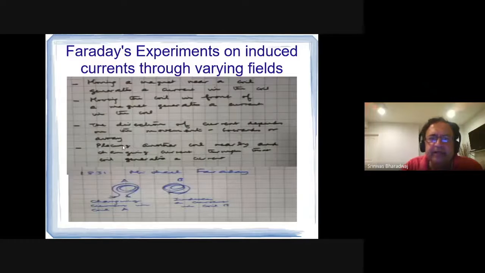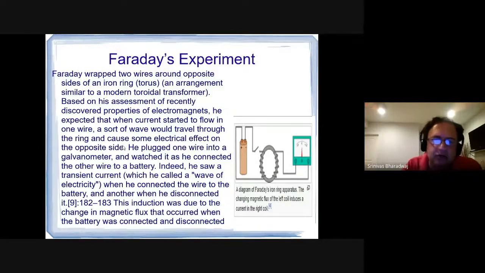We said that it is because of the idea that there are currents induced in the second circuit. Notice that there is no battery in the second circuit. There is current induced in the second circuit with the ammeter due to the magnetic field created by the first.